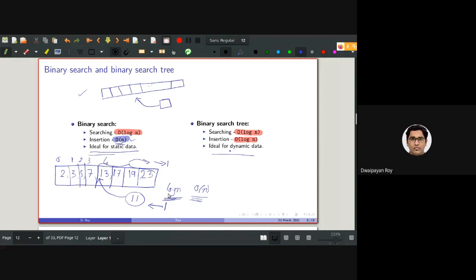Clear, everyone? Why will it be? Because it's binary search. It is sorted. So we'll be starting the search in the middle and we'll be going either left or right, breaking the whole array into two halves and then going either left or right and so on. So it will be taking order of log n time. And you can say the base is basically 2 because it's binary. Either we'll be going to the right or we'll be going to the left.